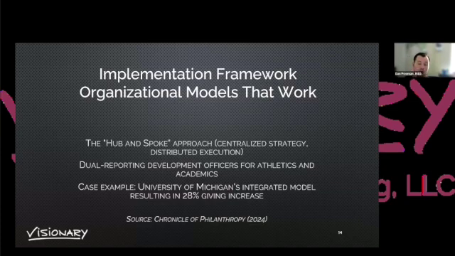Dual reporting development officers for athletics and academics. If you can speak to the whole institution, like we spoke about before, and be an expert in that and be able to know just enough, or to be able to bring in someone, that's so important for the university. Athletics has their expenses that they have to hit. We all know that. We have been through it. I've been through it as well. But we know that with growth,